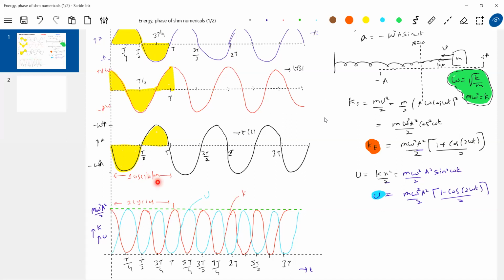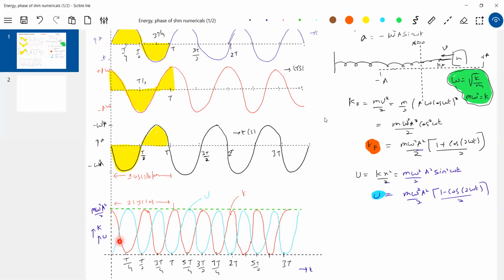So look at the time period of the kinetic energy and potential energy variation. Shall I say half of it? Because this will become one cycle, this will become one cycle. Here, this is one cycle for the acceleration, displacement or velocity. For kinetic energy variation or potential energy variation, by the time the block completes one oscillation, it will complete two oscillations. I would have written oscillation, but it'll get confused. That's why I'm writing two cycles. This will become one cycle.